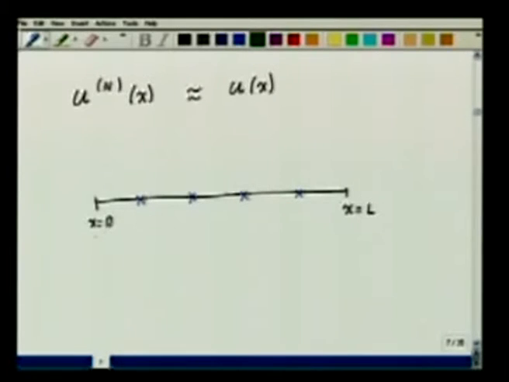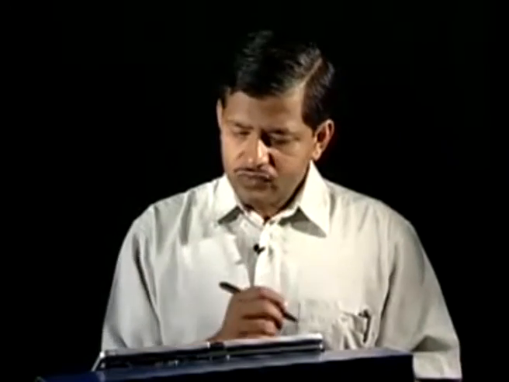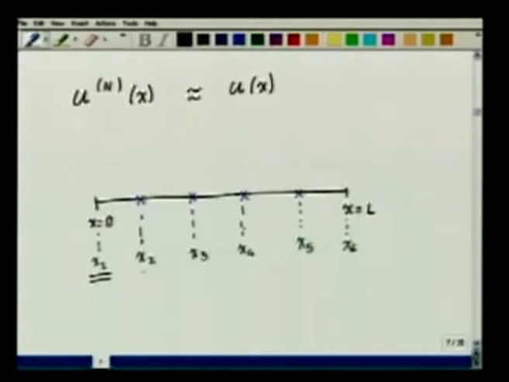We are going to give these points some names. This point will be the point x1, this point will be x2, this point will be x3, x4, x5, and here this will be called x6. In the same way, we can add endpoints. So here we have added 6, we could add endpoints in the domain. Now, these points are given certain names in the finite element terminology. These points are called nodes.